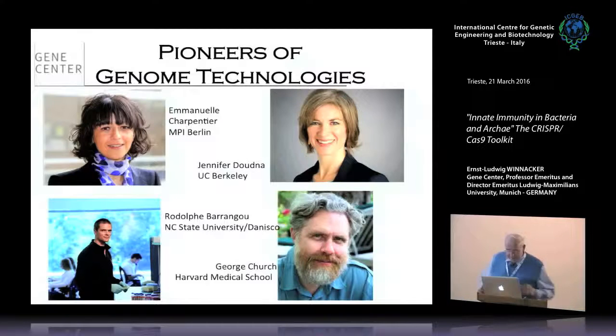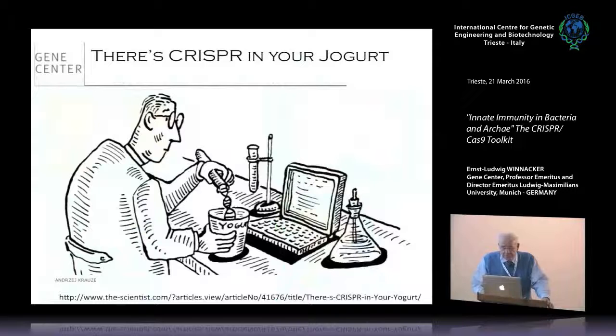And this is this Whiskey Church, whom I come to tomorrow, who wants now to clone a mammoth. And I'll explain how to do that. Good experiment for ICGEB, maybe. And of course, the New Yorker already made a story out of this. I don't have to explain this in more detail.